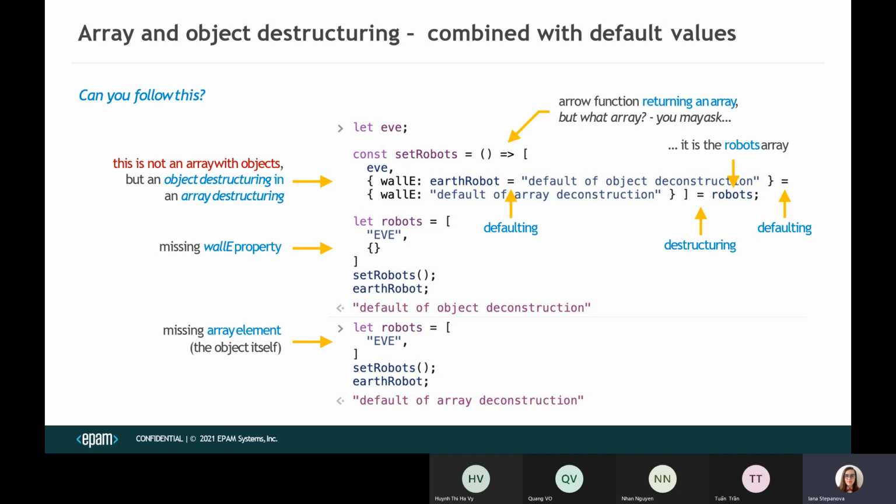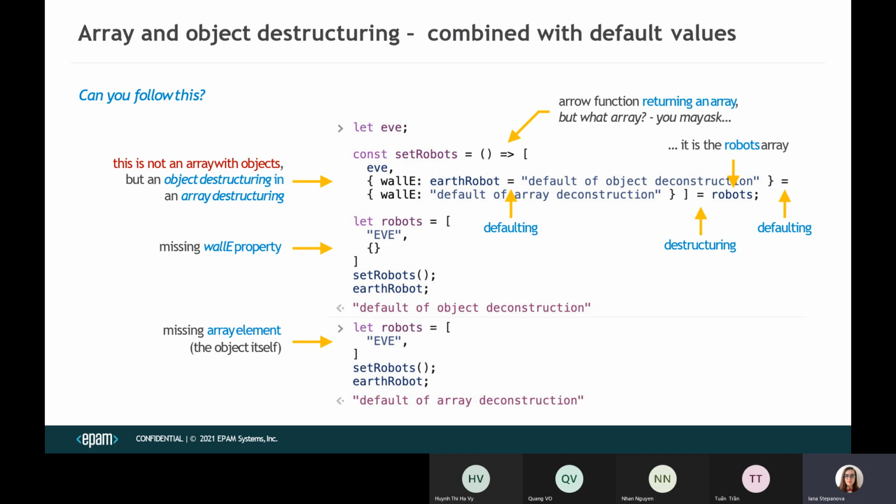So we are using the shorthand arrow function syntax. You remember that if we are returning the value immediately, we can drop the curly braces. And here we return an array, and that's why we have these square braces. So we are destructuring this array. This array will have first item, then next, we